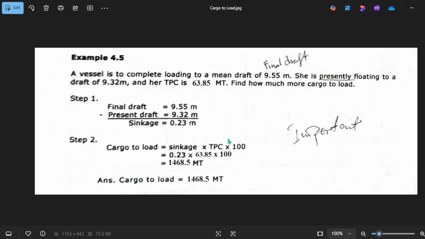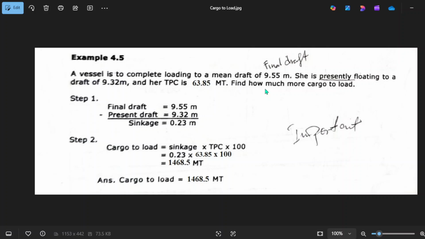This is example number 4.5. A vessel to be completed in loading, meaning you're loading in a loading port, and this is your departure draft of 9.55, or your final draft. This is your target draft of 9.55 meters.